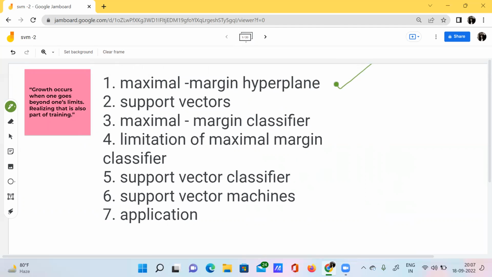the definition, and I have also given mathematical expressions, which I have already explained, and also explained with the help of so many diagrams. Okay, and then I explained what is meant by these support vectors. Support vectors are nothing but, we have a hyperplane like this, and we have the margins like this, and there are so many data points which are actually lying on the margin.